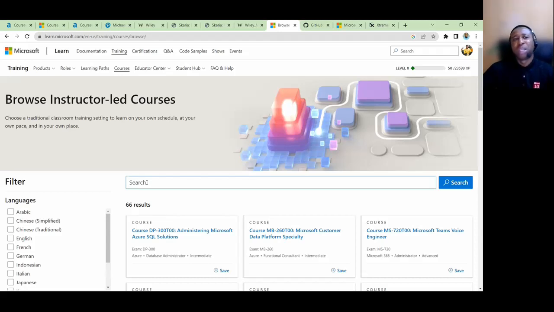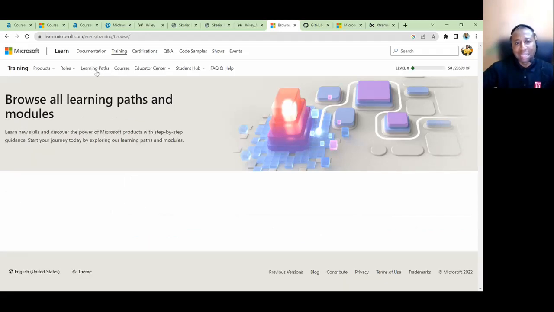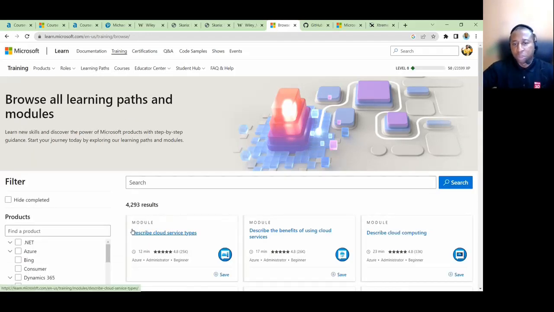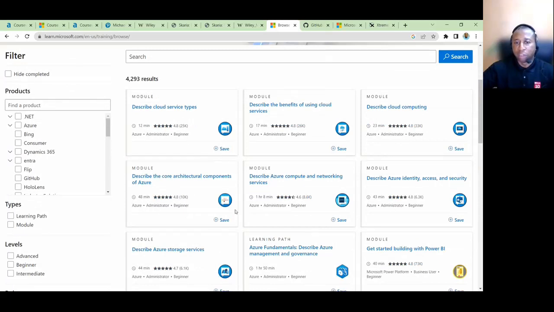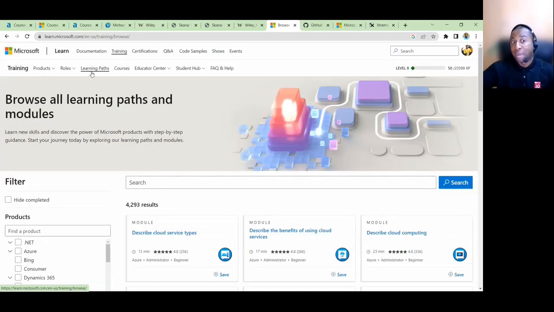It's my personal opinion, but I'm just trying to make a suggestion: if I click learning path, I want to see learning path alone. I don't want to see modules. I don't want to see a blend of module and learning path. For example, this is supposed to be learning paths, so if you click on learning path, it should display learning path only. Then from a learning path, you can expand to a specific module. So this is my first observation.